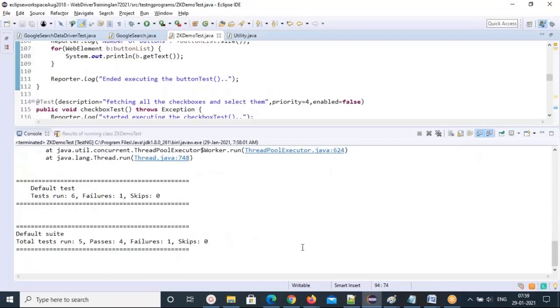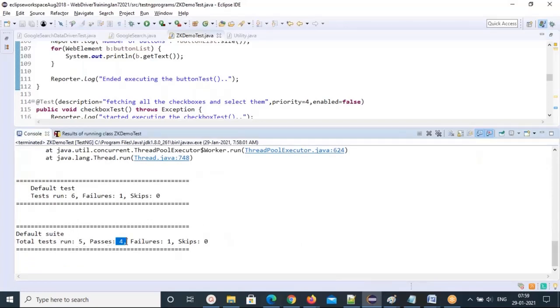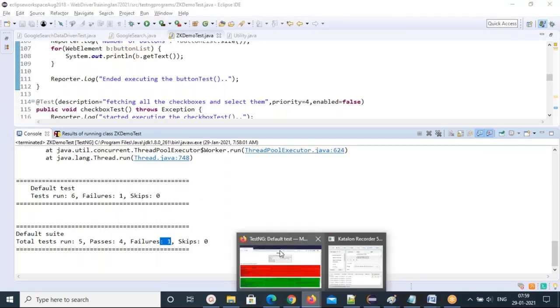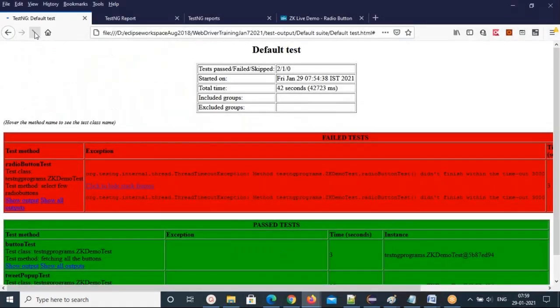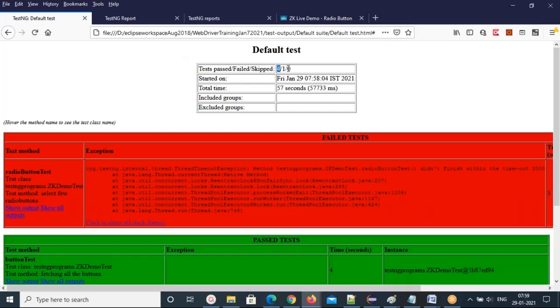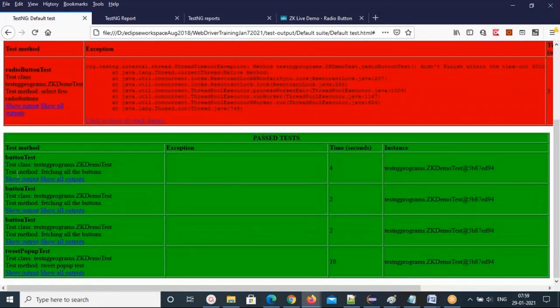So done. Total 5 test cases, 4 ran and 1 failure. You can just go and see the reports. It is showing total 4 and 1 failed. And see, button test is repeating thrice. 3 times it is executed. Who is doing this?